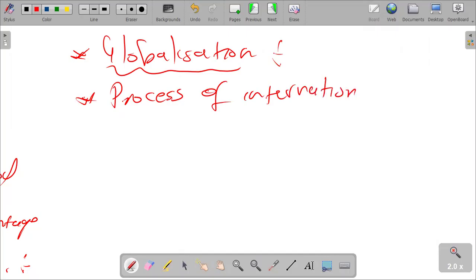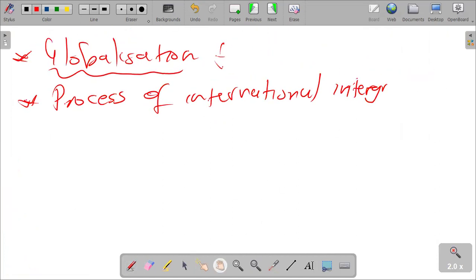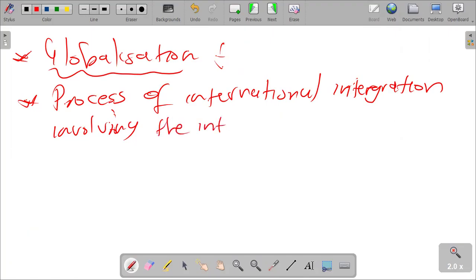Remember the word international? International integration involving the interchange